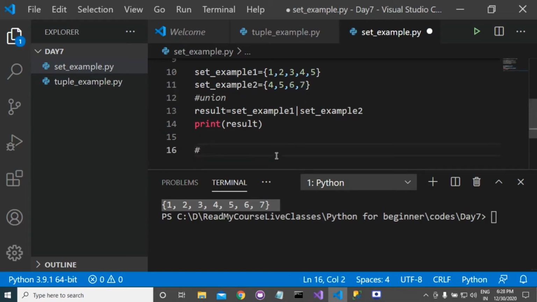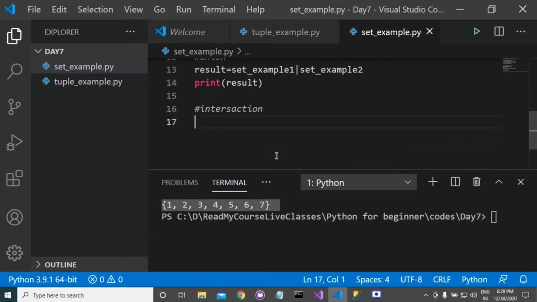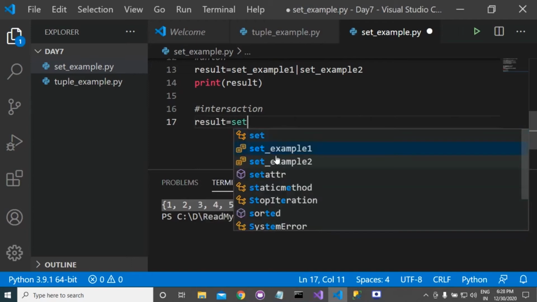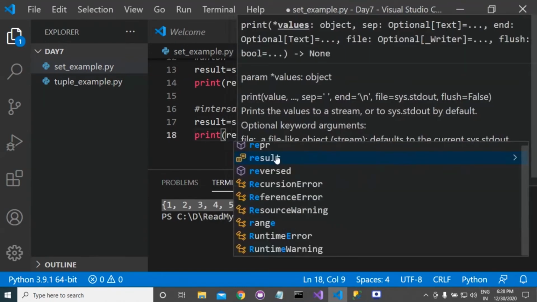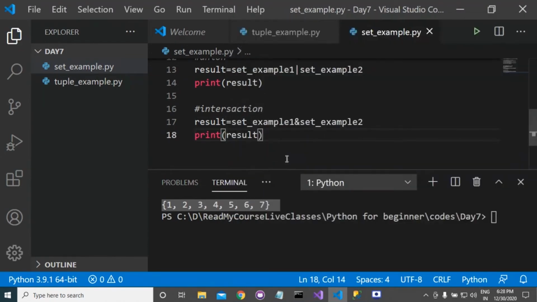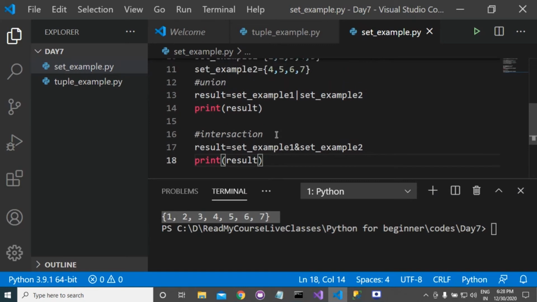Now if you want to perform the intersection, then you can use result is equal to set example 1 and set example 2. If you print result, then you will get the intersection between two sets.